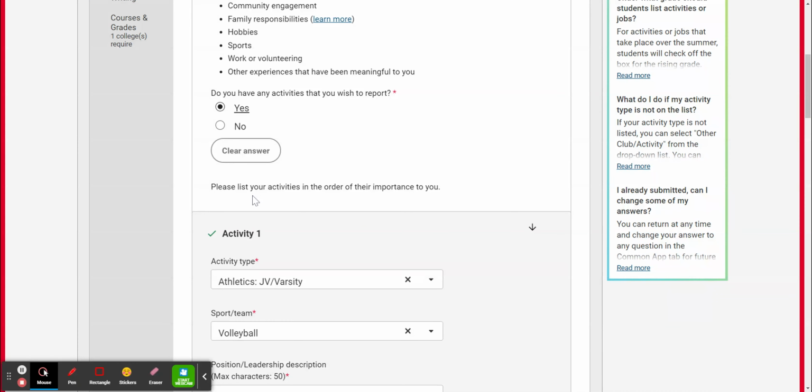It says, please list your activities in the order of their importance to you. Okay, so make sure that you are putting things down in the order that they mattered to you. It doesn't matter how many hours you spent or what you think the college wants to see first. It's how important they are to you. So for this first activity,